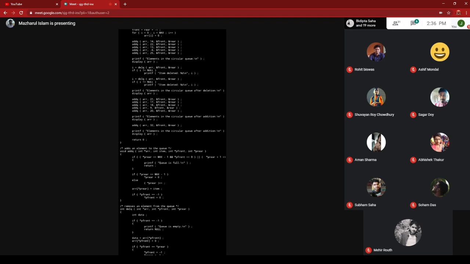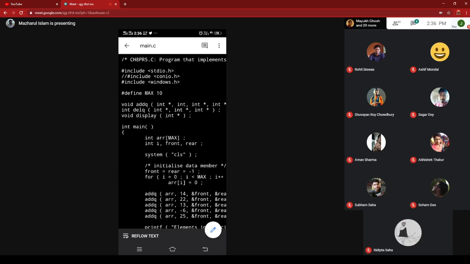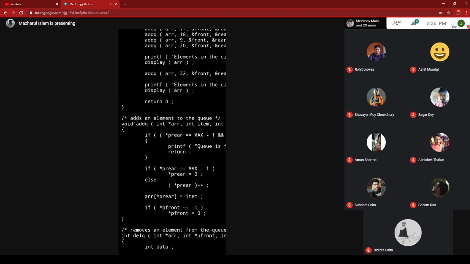Now, one critical situation you should imagine is when it is circularly covering the whole thing. You have to check whether it is circularly filled or not. That means both the last location and the first location should be filled to indicate the queue is full.